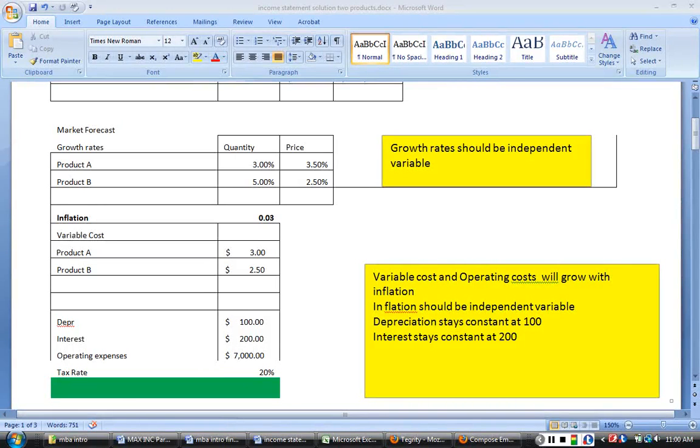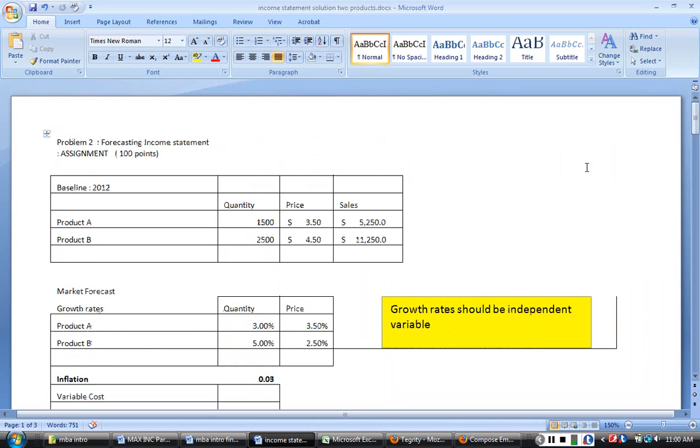This is a recording to go over the assignment provided in the intro class for forecasting, income statement, and looking at the break-even for the products. So again, going over the assignment that was provided, the assignment was that